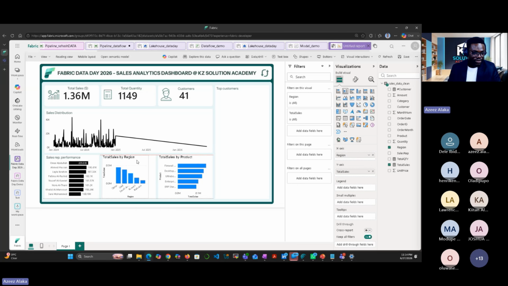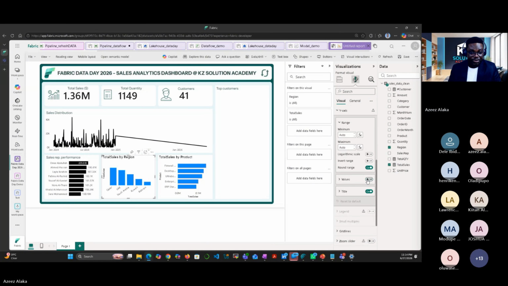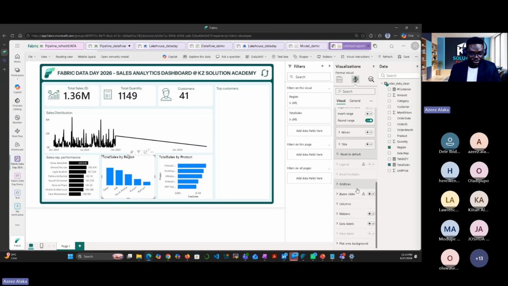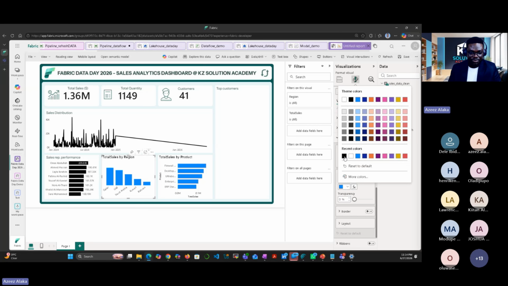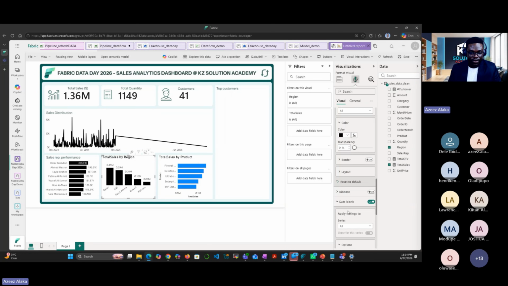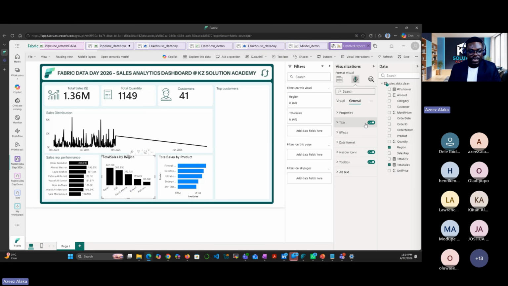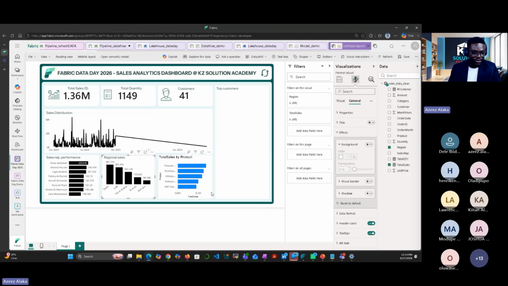Okay, so this one, we do the same thing. We do the same formatting. So I come here. On the x-axis, I need value. I don't need this on the y-axis. Please, if you have any question, we'll be happy to respond. You can put up your hand and ask. Data label, I want it. Then I want to format the value to be 1,000. Then I come here. No title, no background. Makes sense.